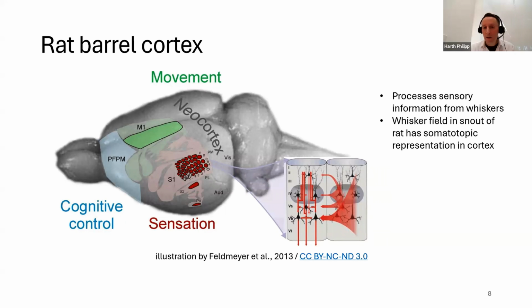And this is preserved across animals, providing anatomical landmarks to actually study this brain region in detail and also make comparisons between animals. What we see here in the zoom out is, we're now looking on top of the cortex, but if you dived into the cortex, you would see these 6 cortical layers that actually implement the signal processing circuit, with layer 4, the main input layer, which is then propagated up to layers 1 and 2. And layer 5 represents the main output layer, and complex circuits are implemented within these barrels. Barrels are these columnar structures, one barrel corresponding to one whisker, that implement these signal processing circuits for individual whiskers.